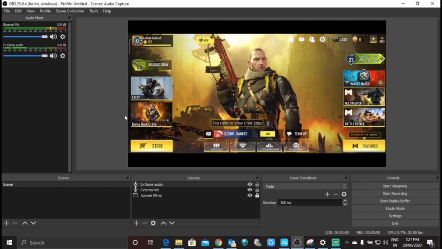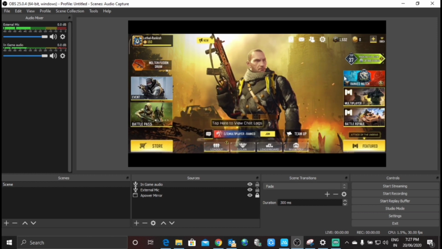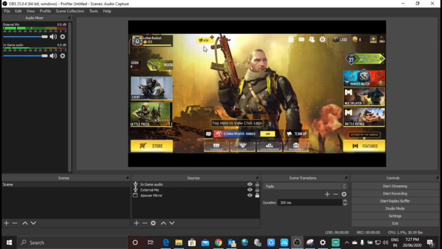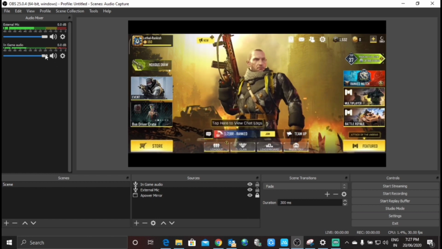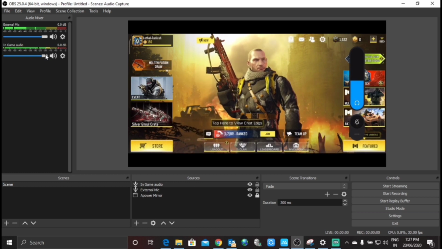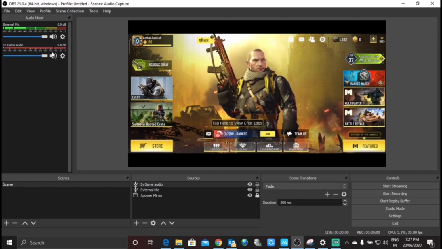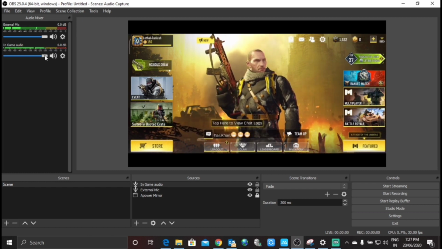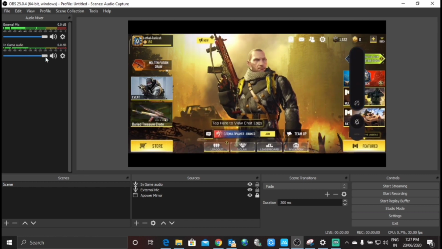So now you can see that my in-game audio is also coming since my mirroring is happening over here. Whatever is being mirrored here and whatever sound is being played in the game, it's already coming here. The other way to check is that I'm going to increase the volume and you can see now it's completely red. That means I have increased the volume to the highest and that's why it was all red. Now I'm going to decrease the volume and it's going to decrease over here also.